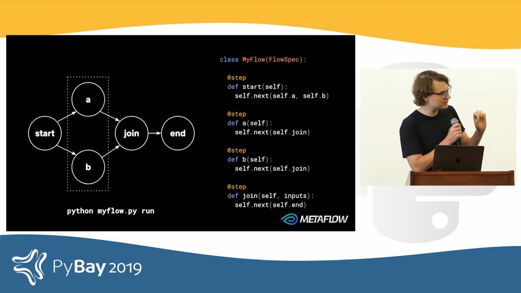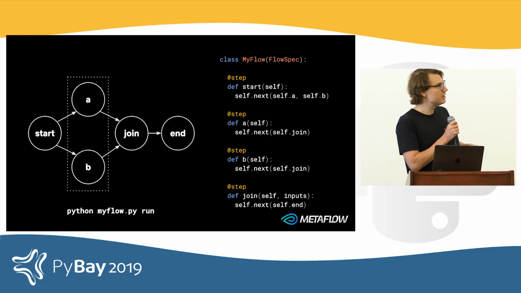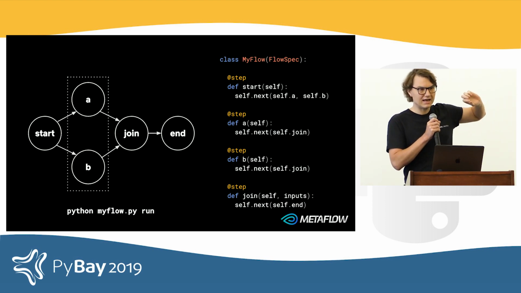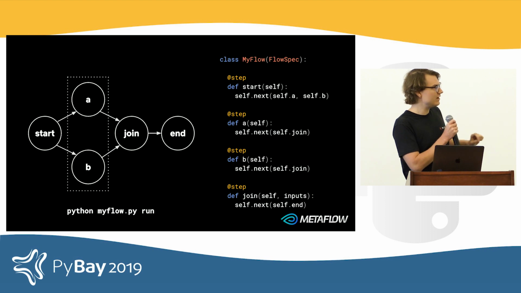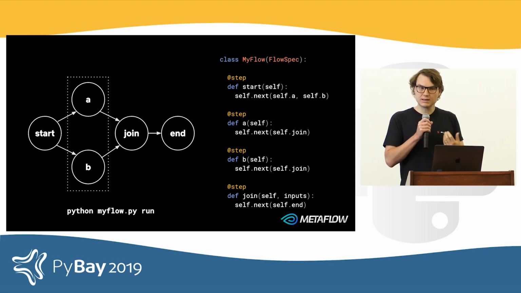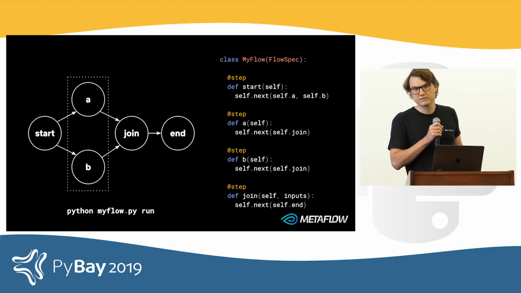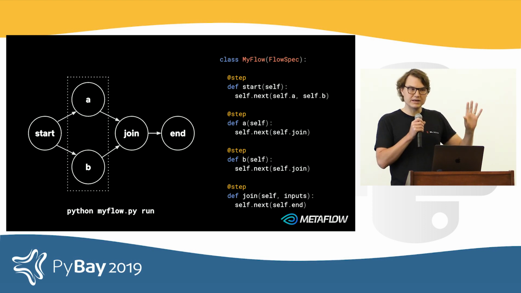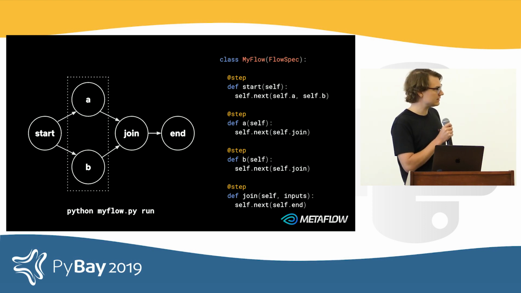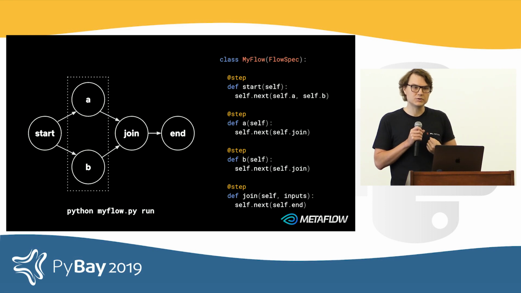To add a bit of extra syntax here, you can model your DAG as a single class where nodes of the graph are just these methods decorated with the step decorator, and the edges of the graph are just these self.next transitions. And then you can do whatever you want in the Python code. The nice thing about this is that we can infer this DAG out of your class. And there are many benefits now to having this DAG.